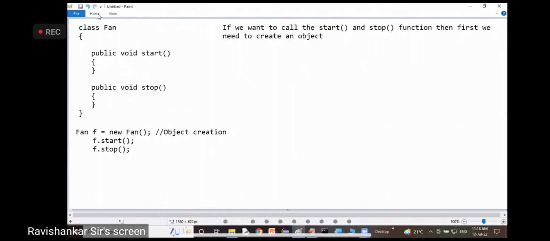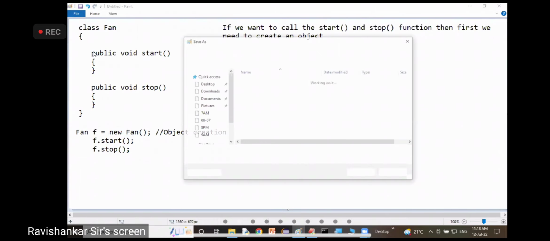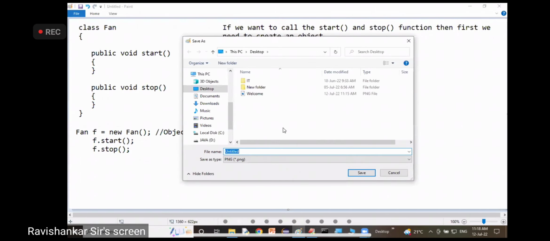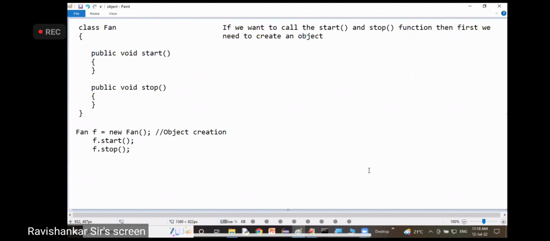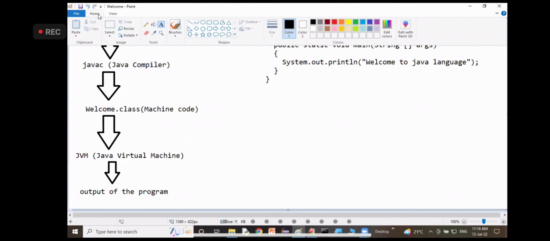Now, listen to the next point. You told that we need to create an object. Okay, I got this point. Now you tell me, guys, listen to my words very carefully, all of you, what I'm asking. In this program,